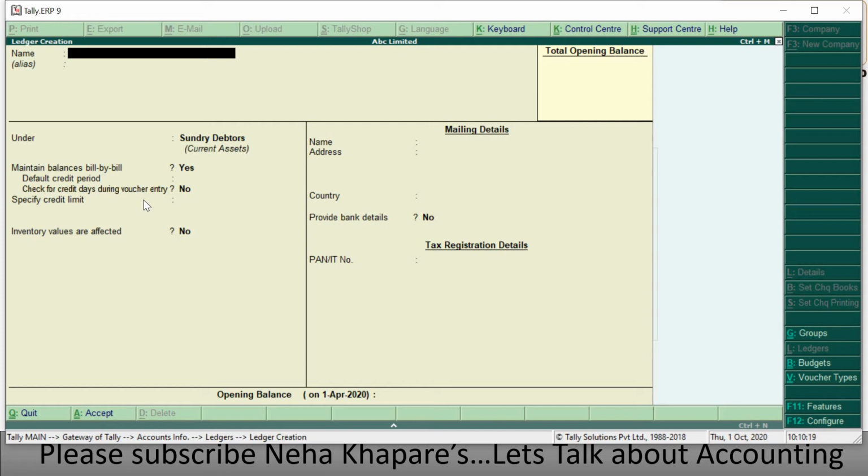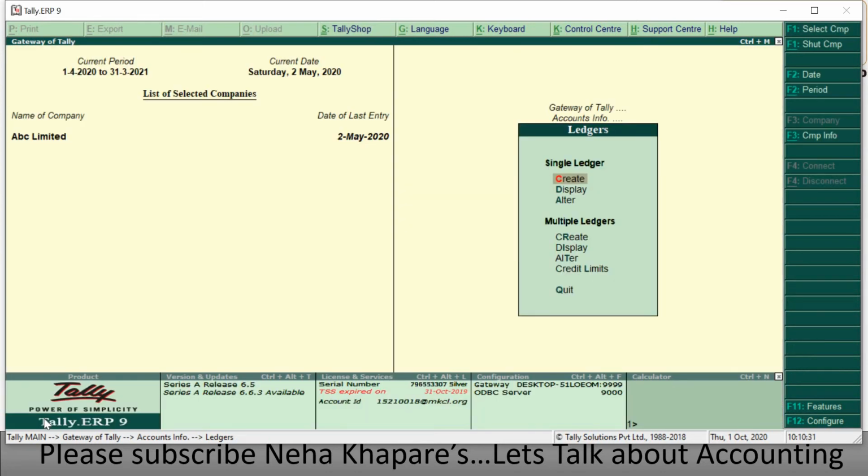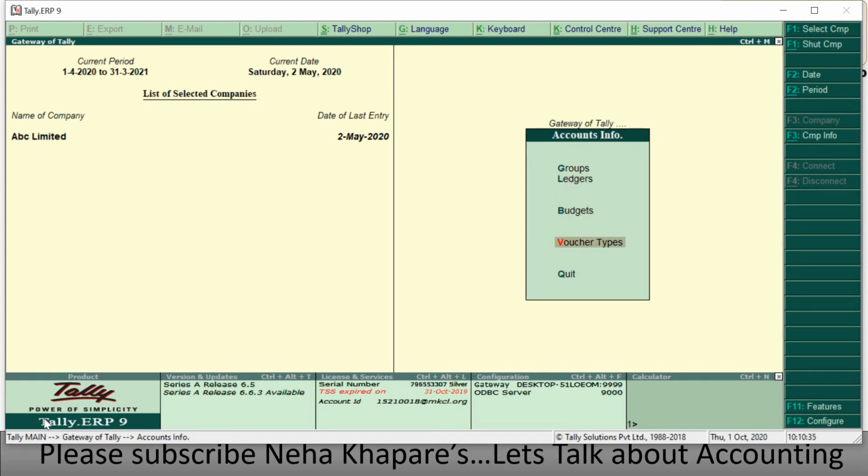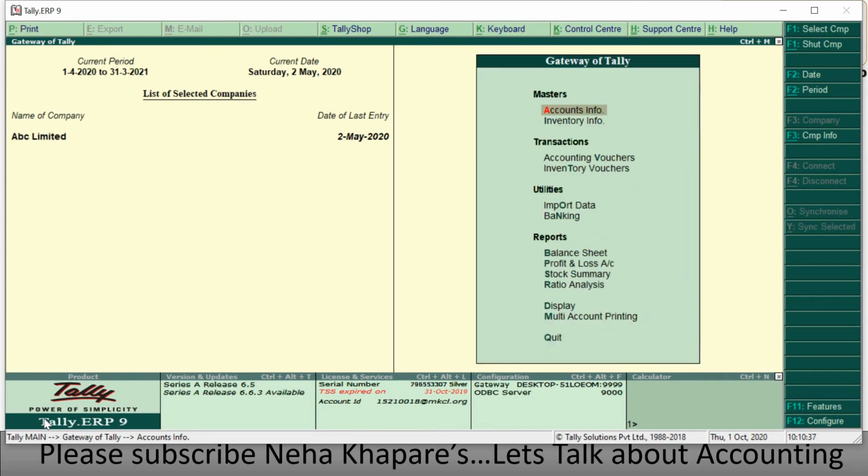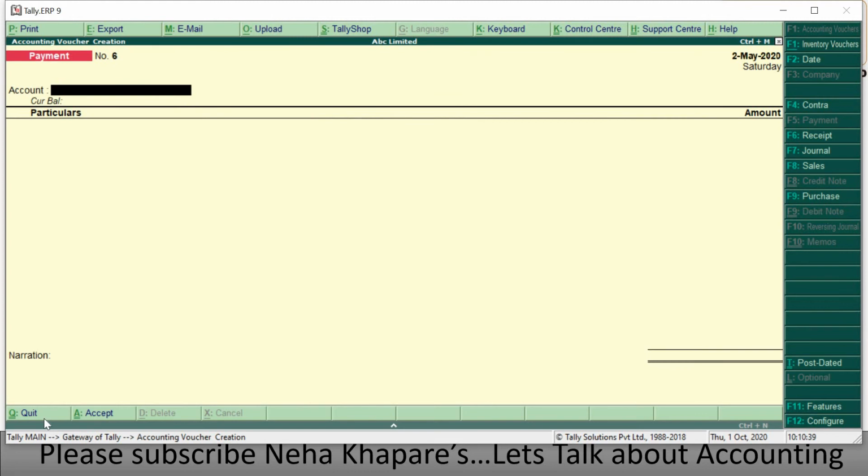Next I would like to create some more debtors. Either I will write the names of debtors over here or simply exit. Now, what is the significance of setting this credit limit to 50,000? Just for example, go to accounting vouchers.